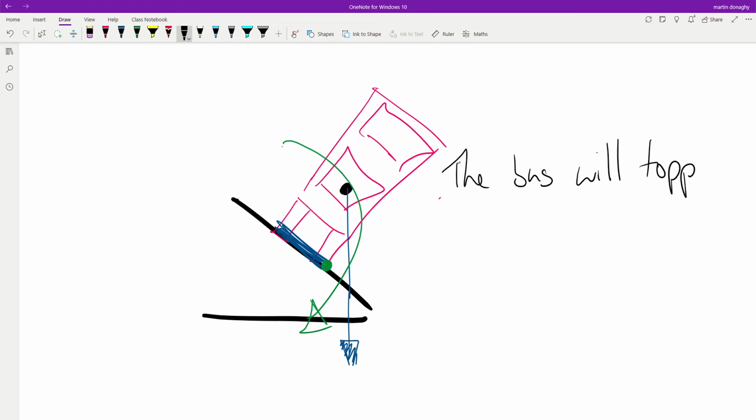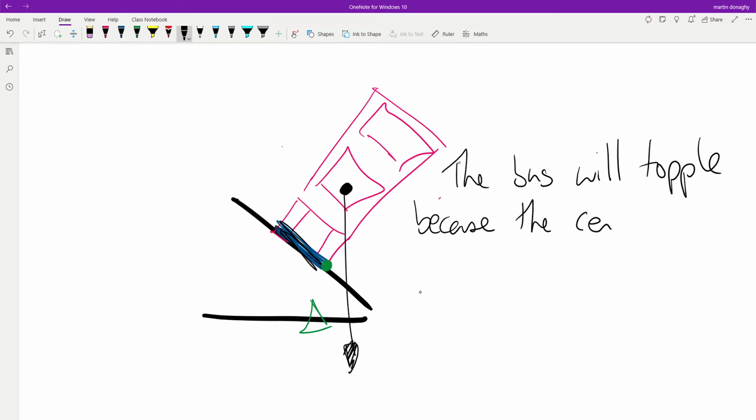And how we decide whether or not it will topple is we look and see, does a line drawn straight down from the center of gravity act through the base? Okay, but that's not how we describe it in our answer. We draw that line, that helps us work it out. So the bus will topple because the center of mass or center of gravity